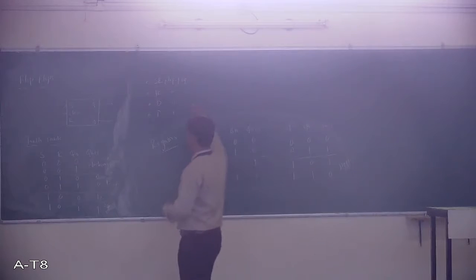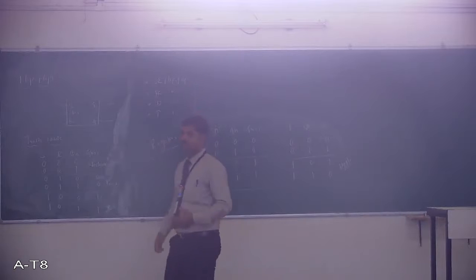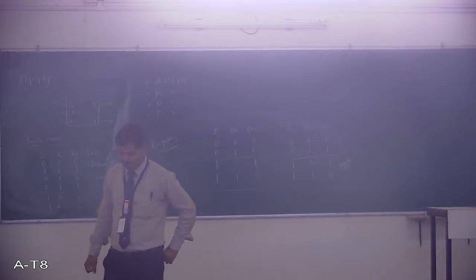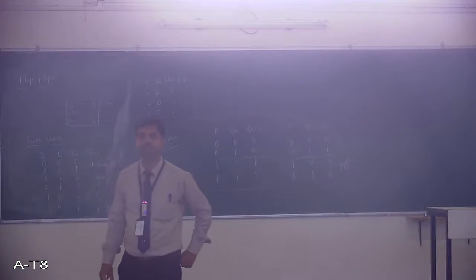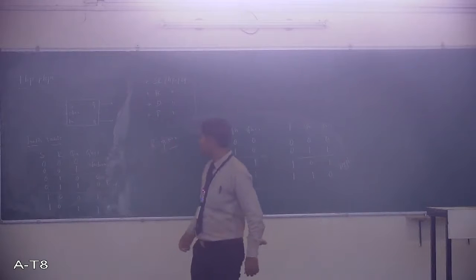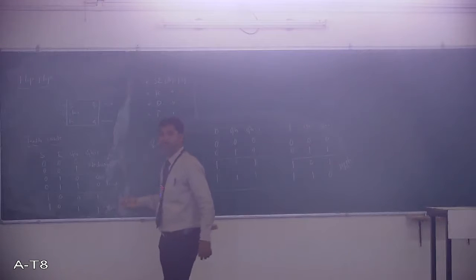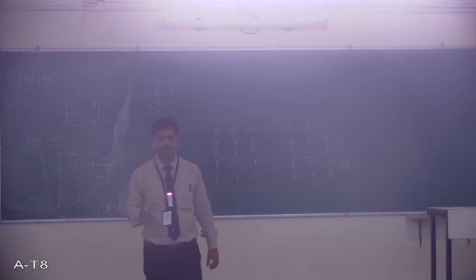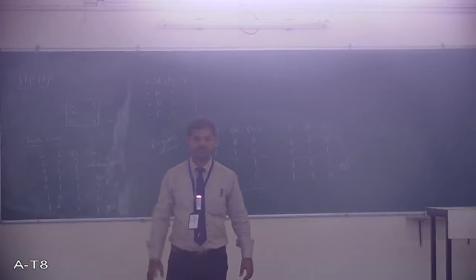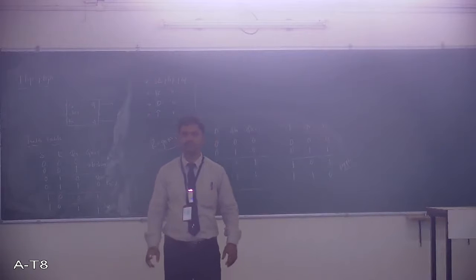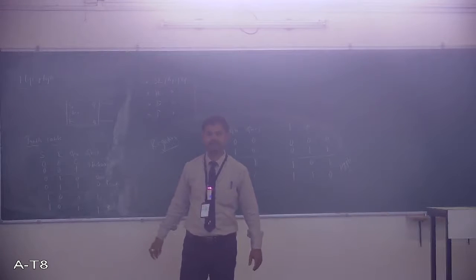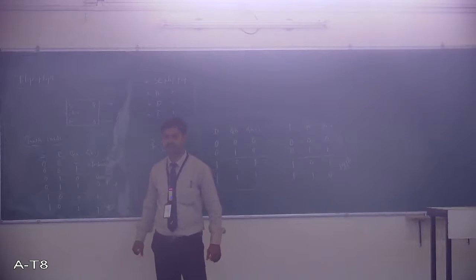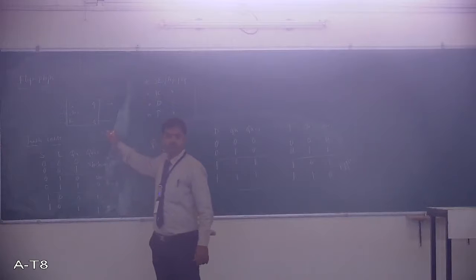So there are different types: SR flip-flop, JK flip-flop, D flip-flop, T flip-flop. The truth table of SR I have already written here. Internally you have a circuit, again a couple of gates. We will not go into detail of that internal circuit. You just understand only the block level representation. In detail you study it in the 3rd semester. This is a block level representation.